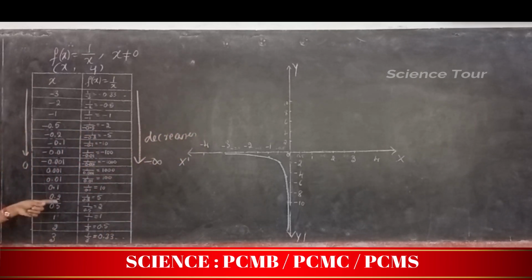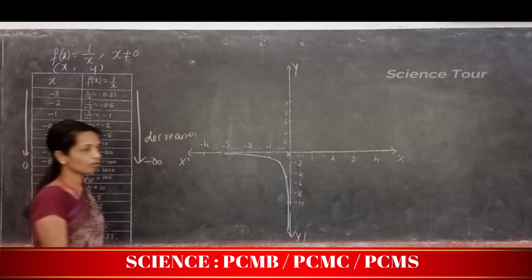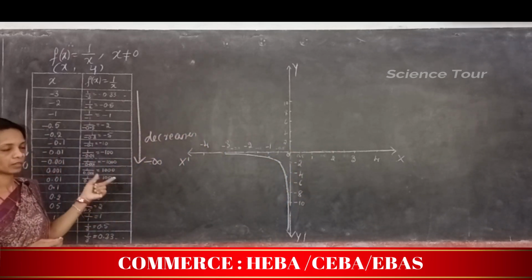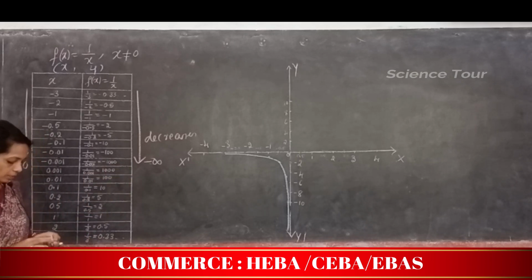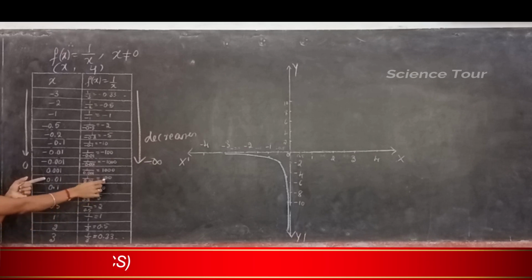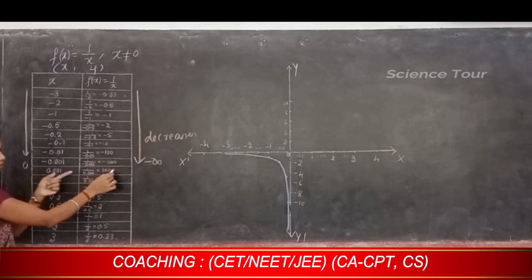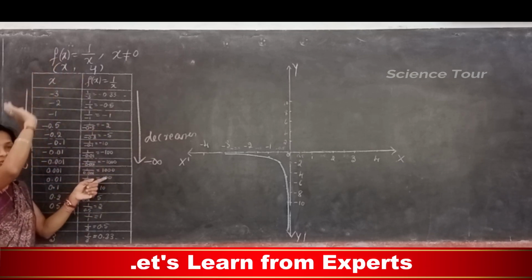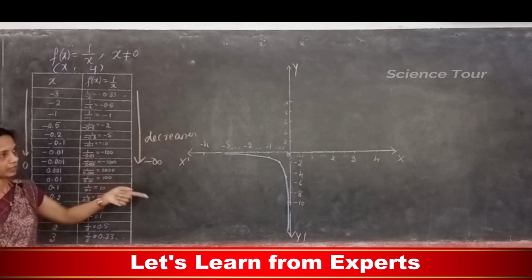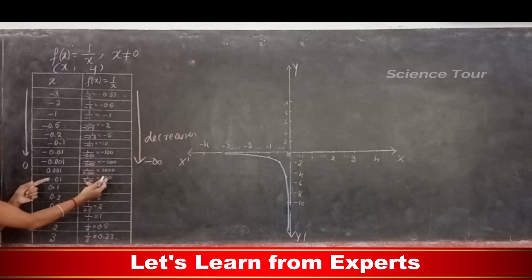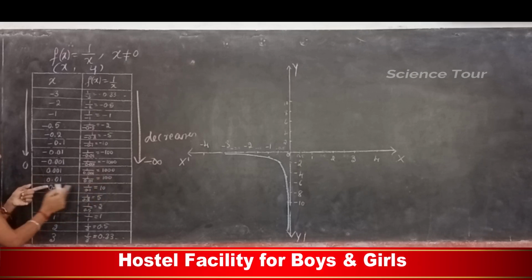Same type, if you give a value of x closer to 0, then what happens for f of x, that we see through the graph. We mark points from here. This point we cannot mark. Why? Because 1000 is there, next 100 is there, that you cannot see on the y axis. For that we need a larger board, so you cannot mark this one, but from this we can mark 0.1.